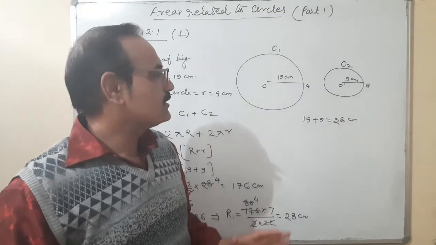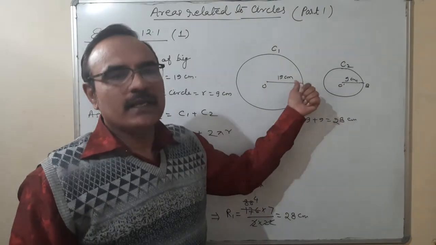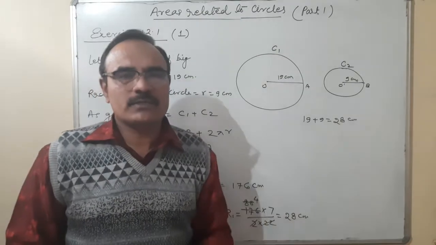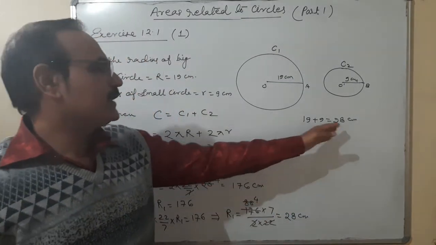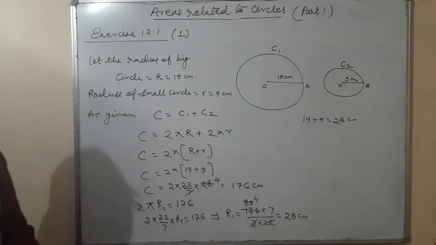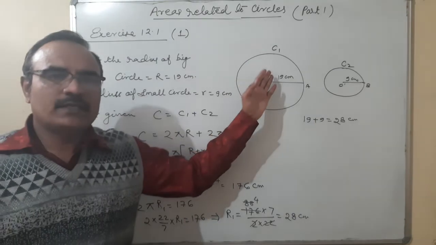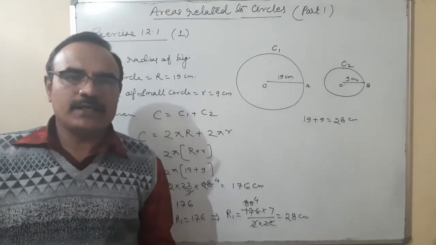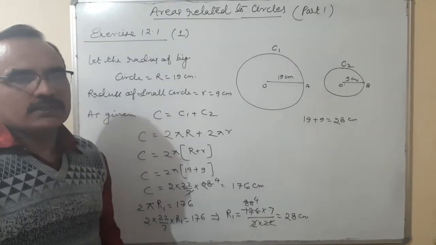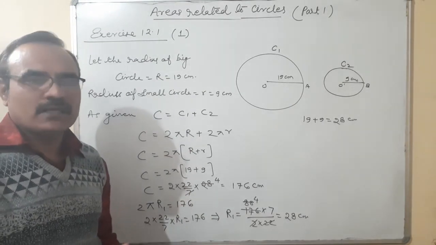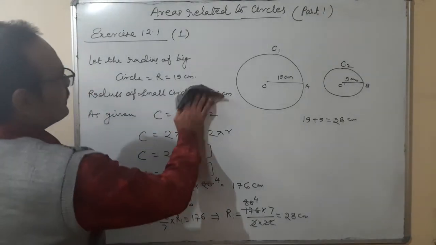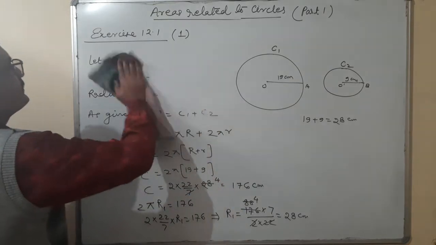So you will remember this concept also, that there are two radii, 19 and 9, and we are going to find a big circle whose circumference is equal to the sum of the circumferences of these two circles. So their radius is equal to 19 plus 9, 28. Okay. Second question, which is based on the area. Radius of the first circle given, radius of the second circle given, and we are going to find the radius of that circle whose area is equal to the sum of areas of two circles. Okay. So in the second question also you can see, in place of circumference there is area given.